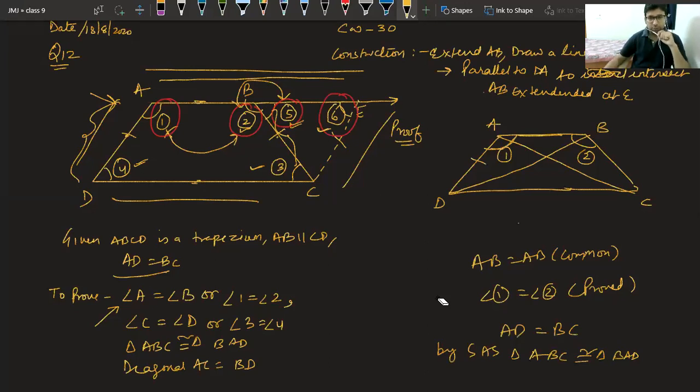Okay, now the last part is very easy. Diagonal AC is first and third, and diagonal BD, BD is first and third. So AC is equal to BD by CPCT. So class, was it okay for you now? Were you able to understand the question now? I know it was difficult, but I tried my level best to make it easy for you. Were you able to understand now? Okay. Feeling better now. Okay.